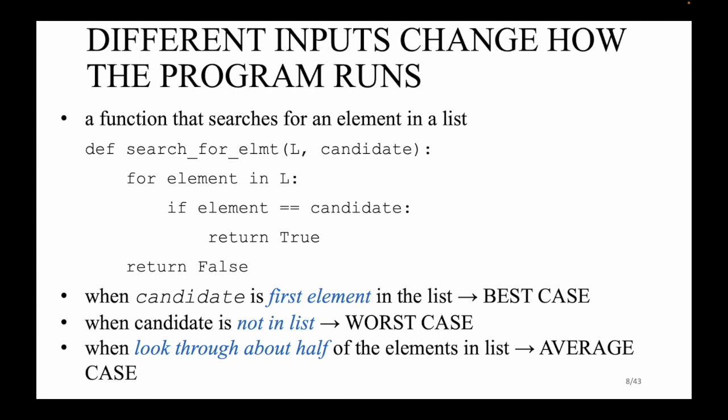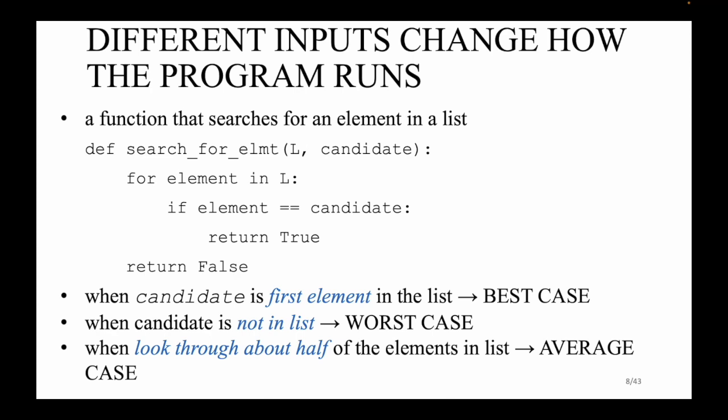So you want to check if this candidate is inside a list L. If so, you want to return true. Otherwise, if this candidate doesn't exist inside L, you return false. Alright? Alright? So here,